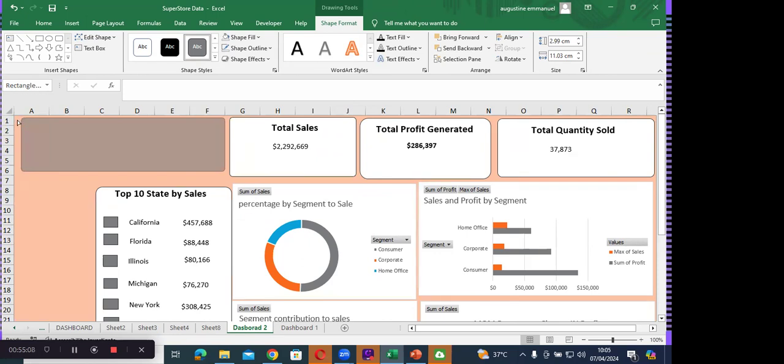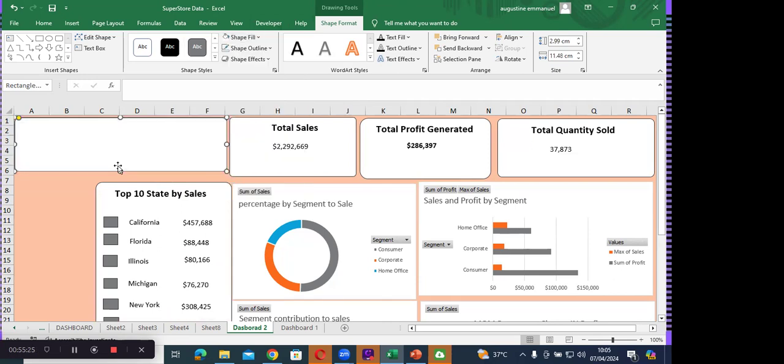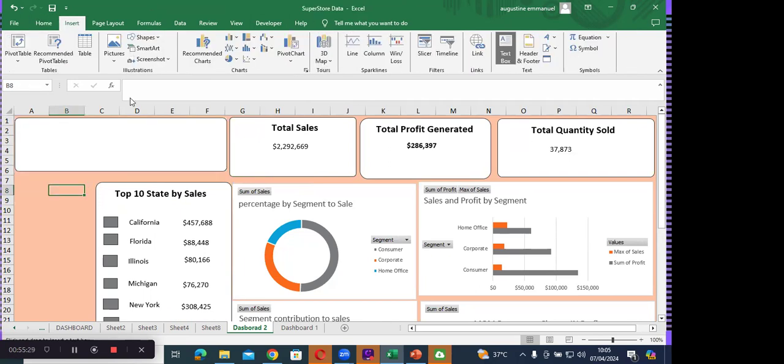Adjust it, but let's leave it a little. So we have this. So we can call this, go to your Shape Fill, then fill it with white. Then go to your Insert again, go to your text box, pick your text box, then you now give your report